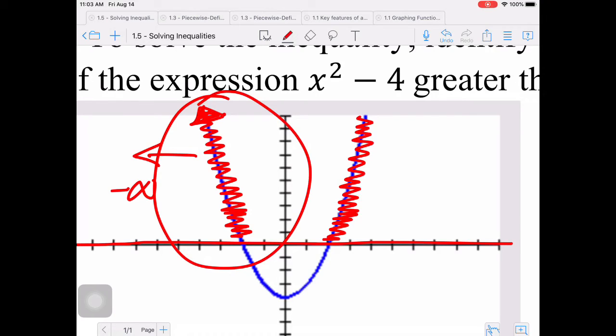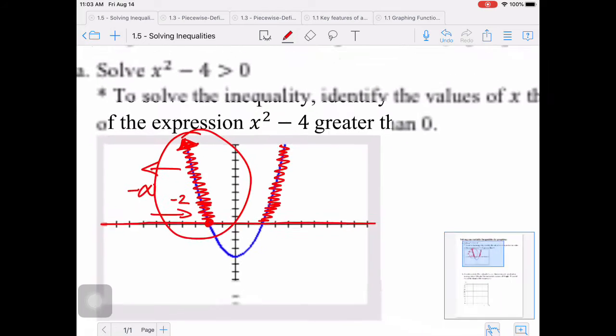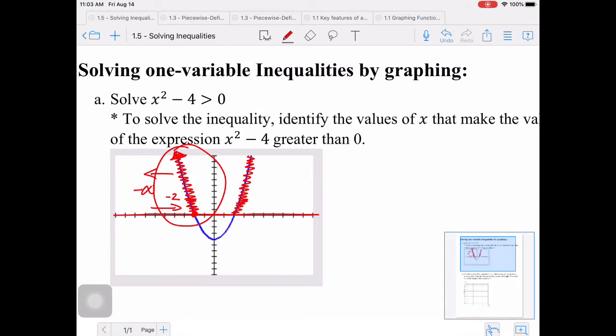As I go to the right, at this point right there, it stops being positive. After that point, it goes under the line, which makes it negative. So I'm going to stop right there, and that point is -2, right? So the first interval in which my function is above 0 is going to be negative infinity, comma,